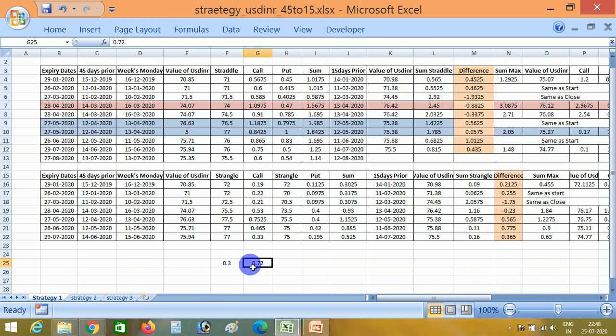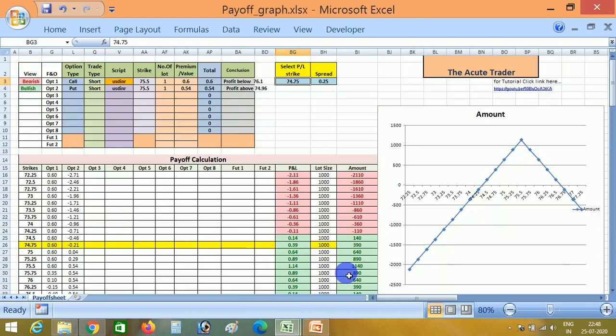So we can see the 1:2 here, the ratio of put to call is 2.4, which shows that we need to adjust this position. Now since the ratio has reached 1:2 in the premiums, we are going to adjust this position. So friends, what are the adjustments we need to do?